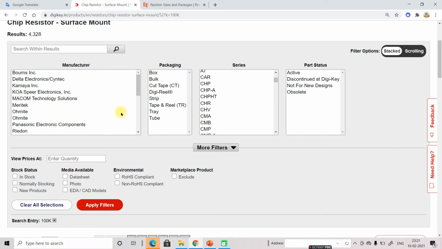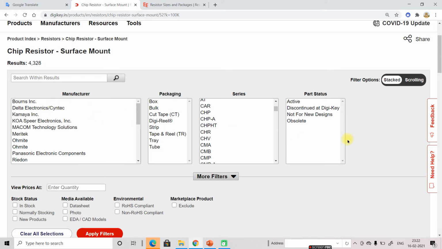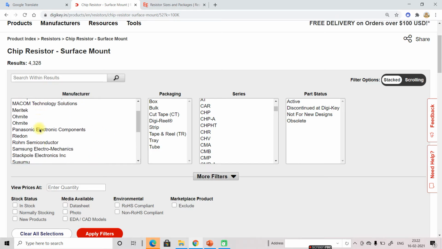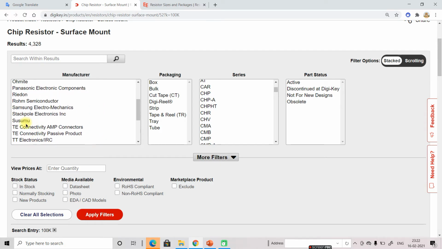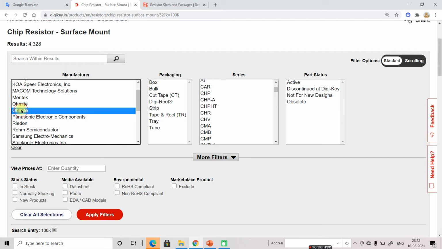If we want the special parameters like 100 ohm, tolerance plus minus 1%, temperature from minus 40 to 125 degrees Celsius, now we will have to select these parameters. So this is the first column, it is the manufacturer. What type of manufacturer you want to select? You want to select Yageo, you select Susumu, you can select like this, and you can clear like this. If you don't want to select, you can select multi also, press control or click and clear.